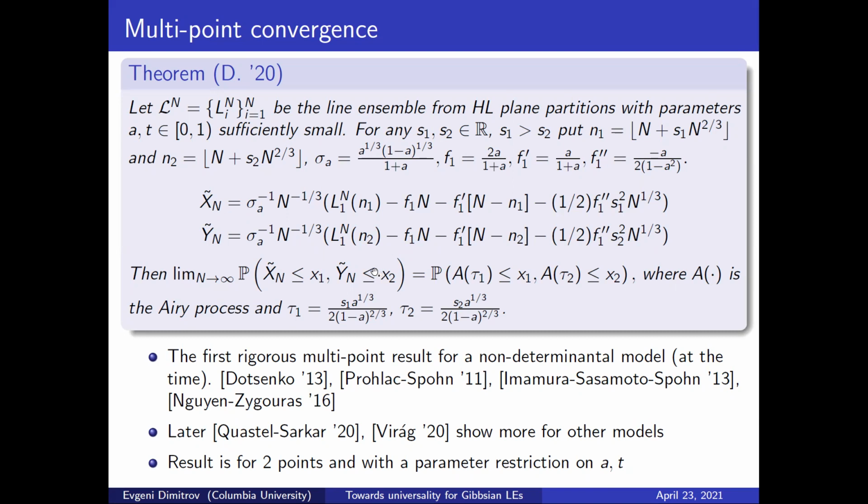There are others. On the math side, there was also partial progress towards understanding this question for the log-gamma polymer, in a paper by Nguyen and Zygouras. Now, they got nice formulas, but ultimately were not able to push the asymptotic analysis through. And here we were able to do it, but under some restriction on the parameters. So the a and the t that were underlying the Hall-Littlewood model need to be taken sufficiently small, and only the two-point convergence is established.